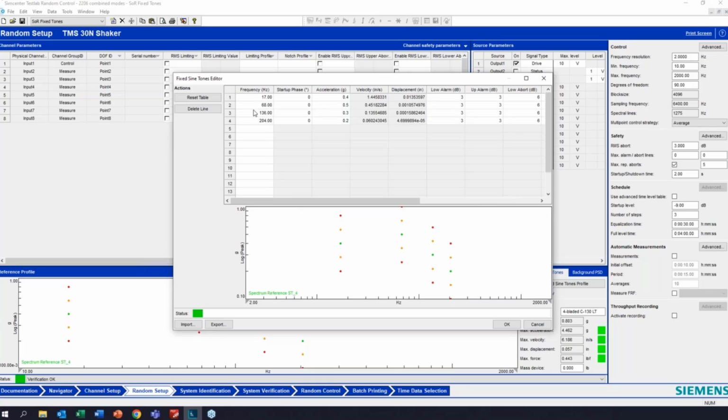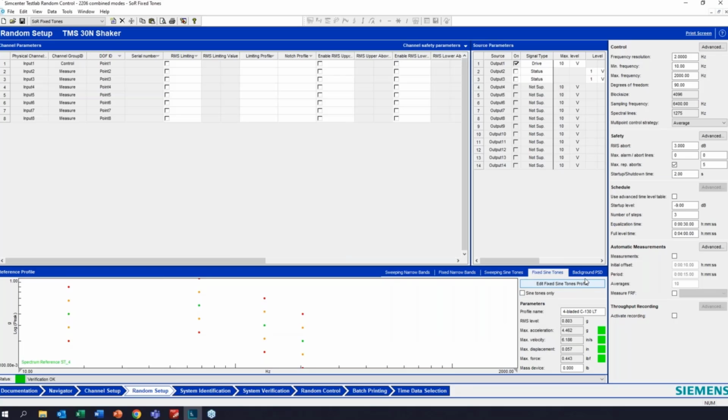And setting each sine tone is pretty straightforward. And again, these are based on the C130 definition, where you have a primary engine rotation speed and then the blade pass frequencies. It's a 4-bladed C130, so 17 times 4 is that first blade pass frequency, then double that frequency and triple that frequency, the blade pass frequencies for the harmonics. It's pretty straightforward for setting up just fixed sine tones. That's really all you have to do.